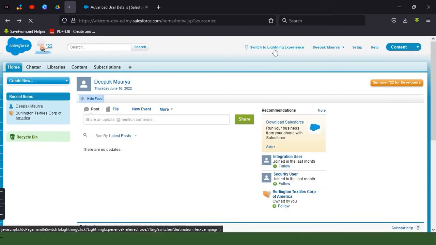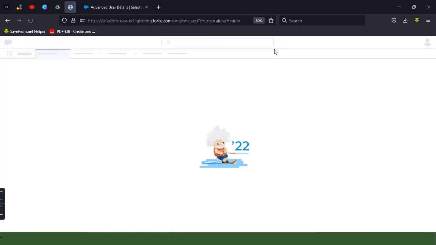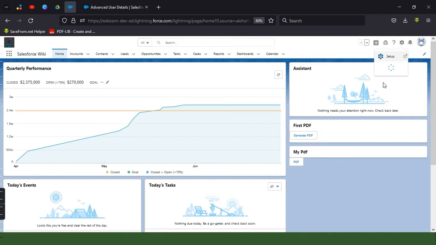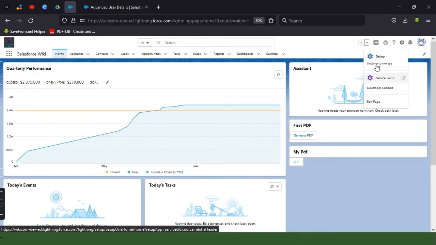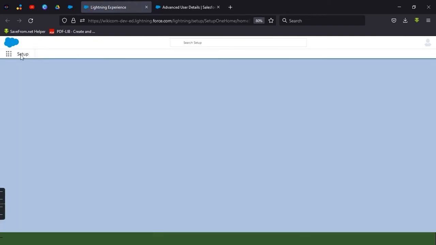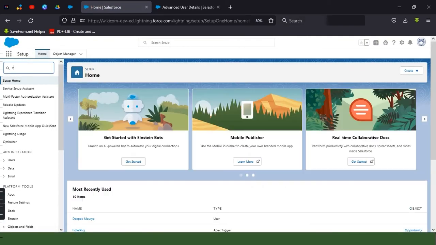The second thing I want to show you is that I have to switch back to the Lightning experience for that. Here, if I navigate to any Visualforce page, I'm going to Setup, and from here I will open a Visualforce page.